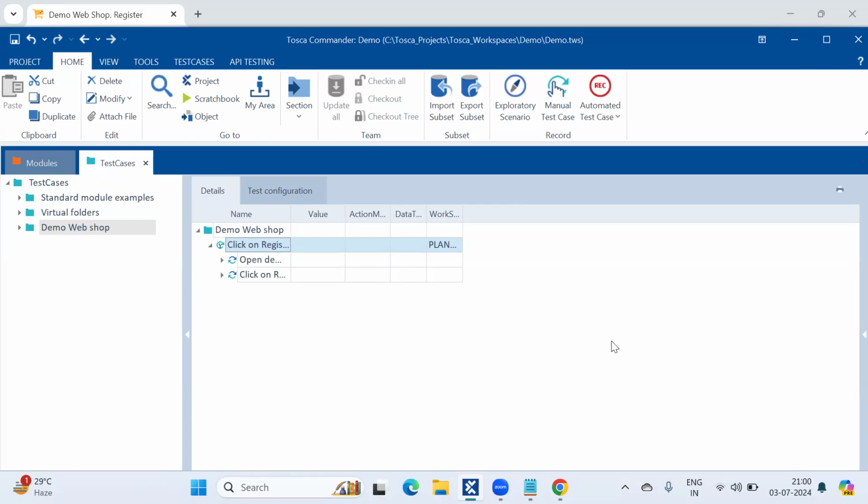Ma'am, can you also cover the performance testing using Tosca? Sorry, could you please come again? Performance testing using Tosca. Performance testing in the sense? Means the load testing. Yes, ma'am. Because anyway you are going to conduct 5 days session dedicated to API. So performance testing is just a type of testing. So it would be helpful for us to mention in the resume.